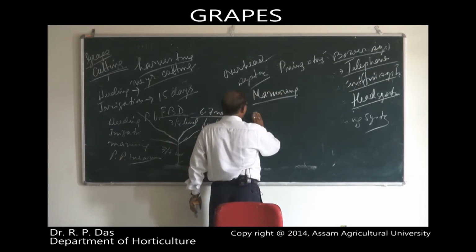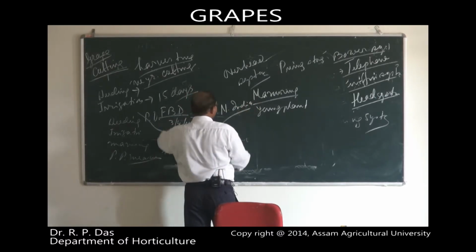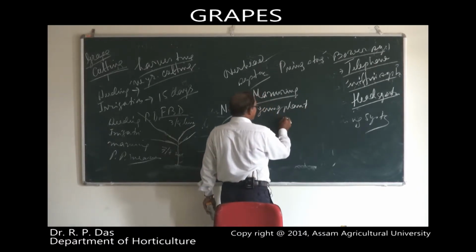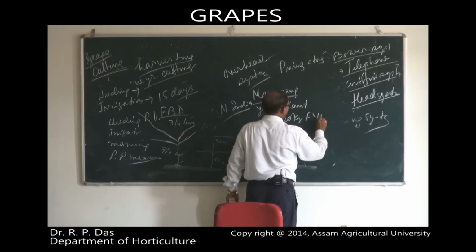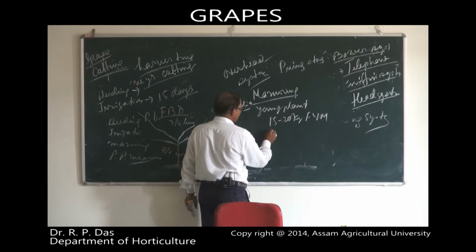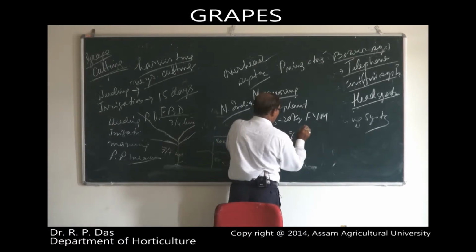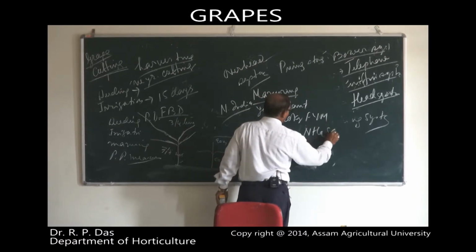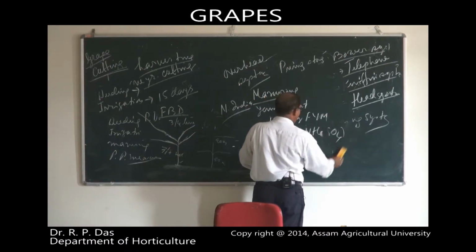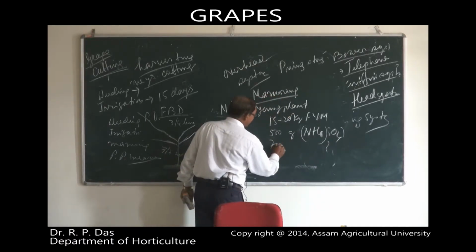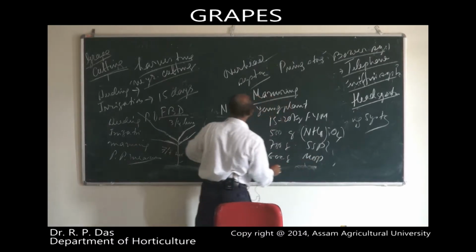In case of young plants under northern Indian conditions, the amount is 15 to 20 kg FYM, 500 gram ammonium sulfate, then 750 gram SSP, then 600 gram MOP. But in case of bearing plants,